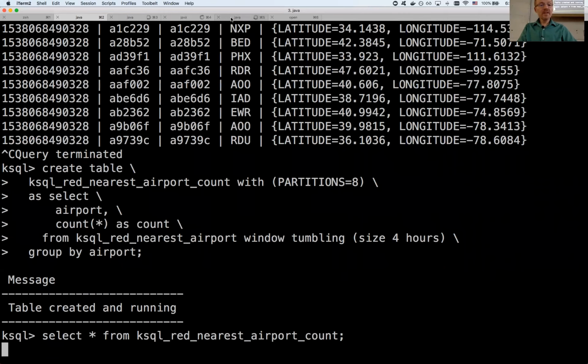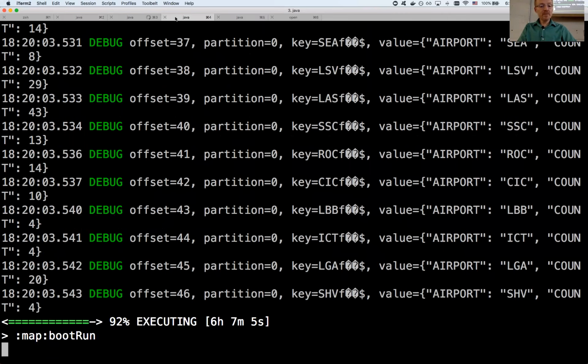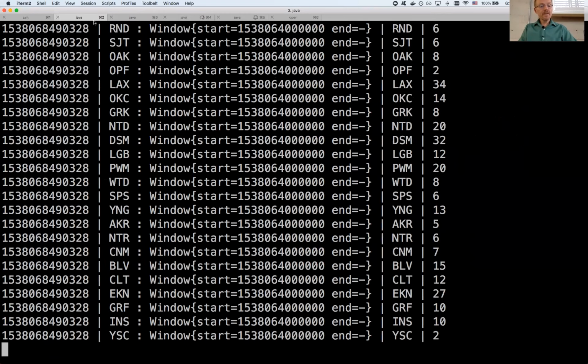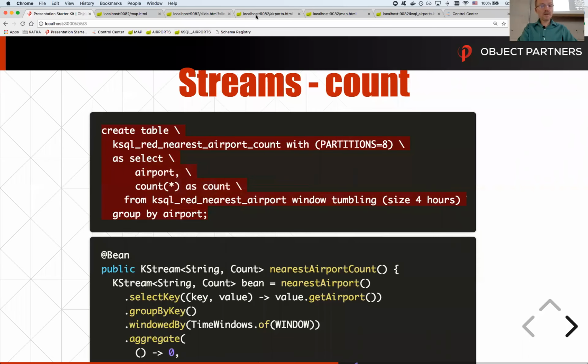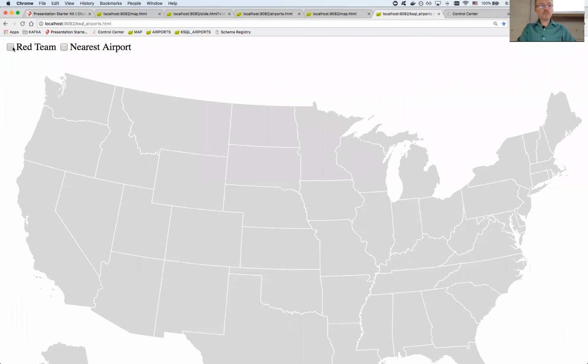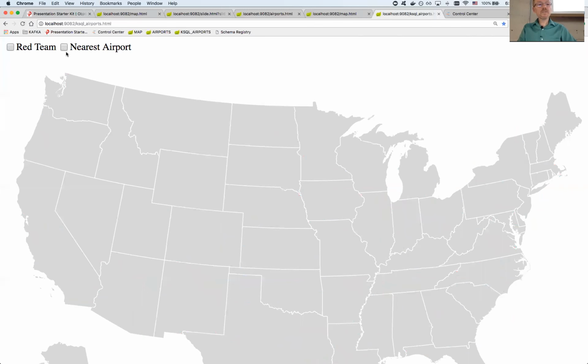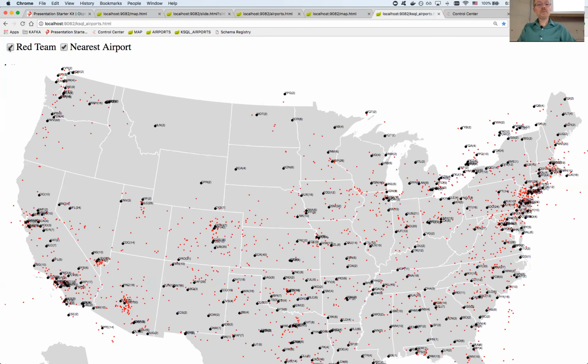while that's running, I should go look at my map app and see if it's actually running. Yes, here's the topic. You can see 620, which reminds me I need to hurry up. All the topics that were written to that map app. And again, these are all the airport counts. So now if I go to my airport map, this was the one I wrote in KSQL. I had a consumer already up and running. I need to reload this page. And there's the nearest airport data from the same data, but through KSQL.